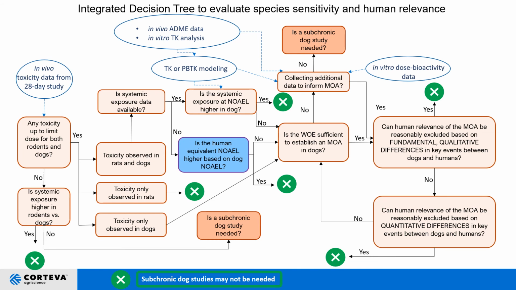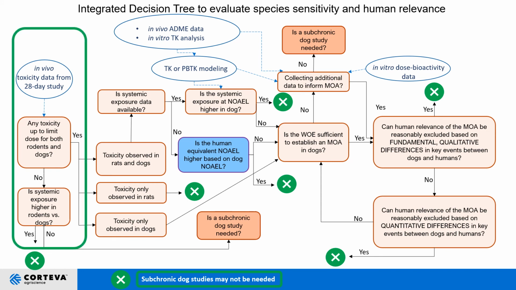A more comprehensive decision tree is proposed here, which considers both the TK and toxicity questions discussed for our case example and uses the WHO IPCS mode of action human relevance framework along with Bradford Hill criteria to evaluate whether the observed TK and toxicity profile in the dog is occurring via dog-specific mechanisms and whether these mechanisms may be human relevant, which ultimately helps determine whether there is a need and added value for conduct of a subchronic toxicity study in the dog.